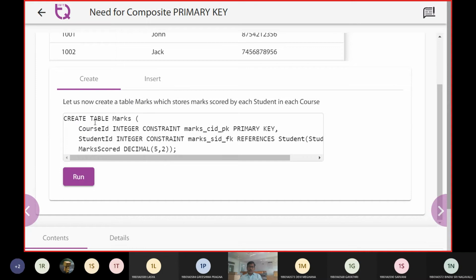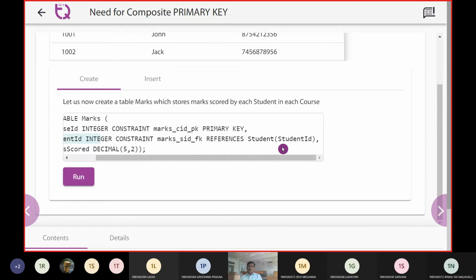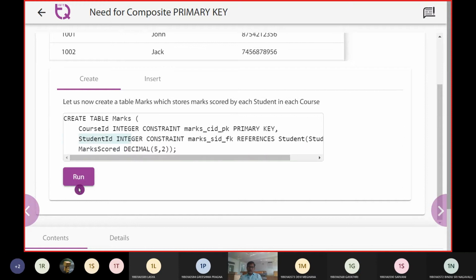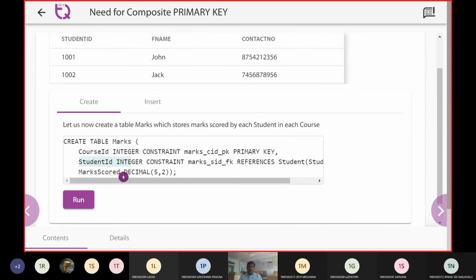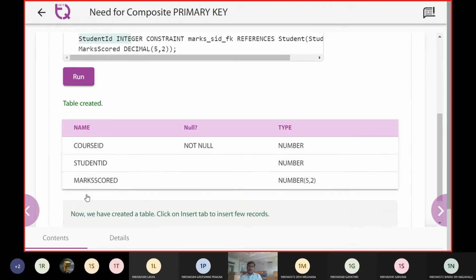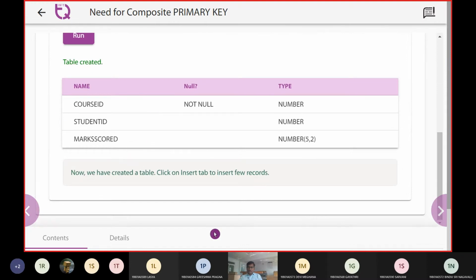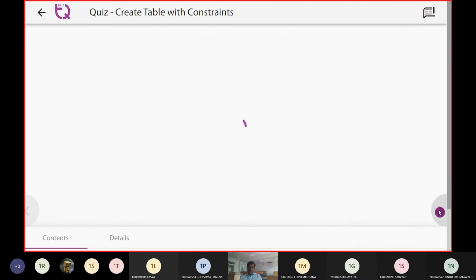Now we are going to have this table with marks. First, we are going to have course ID, which is going to belong to a primary key. Next, we have already created a temporary variable, that is student ID, and it is going to refer as a foreign key to the student ID database. So instead of student ID, now we are going to take the course ID as a primary key. Fine. So course ID, we have done it as a primary key. Still it is not yet over.